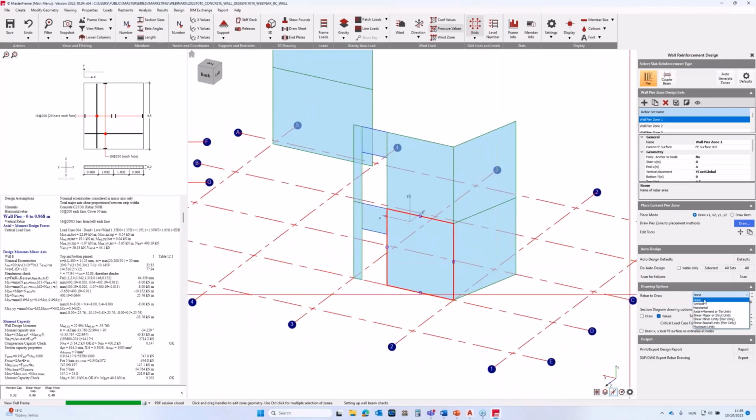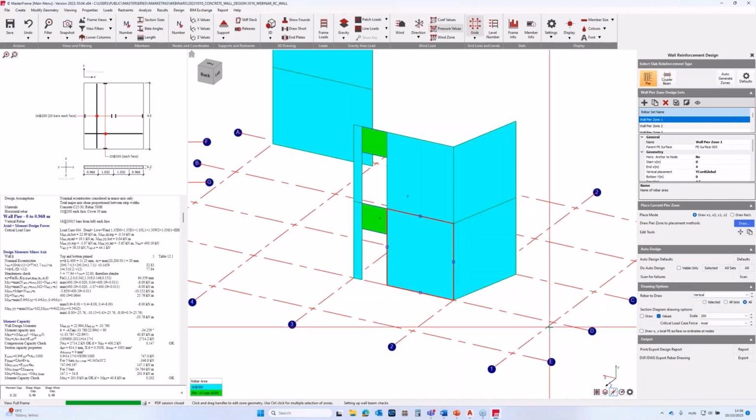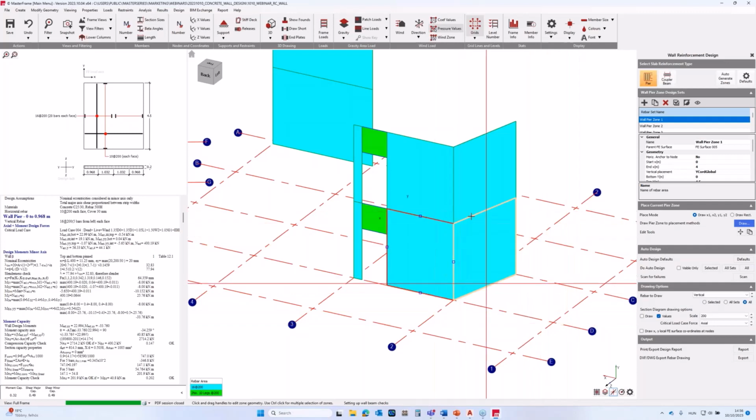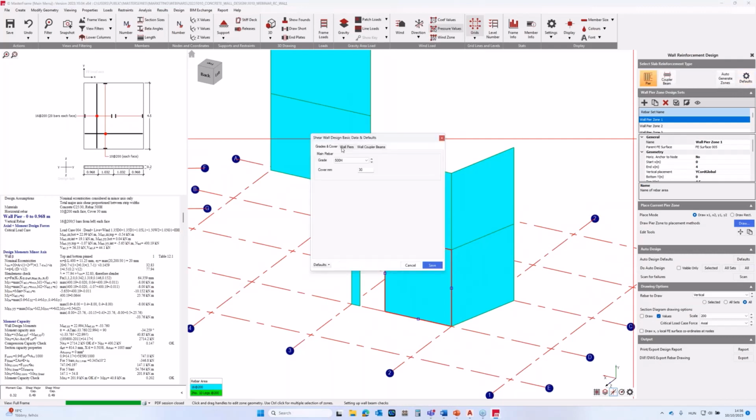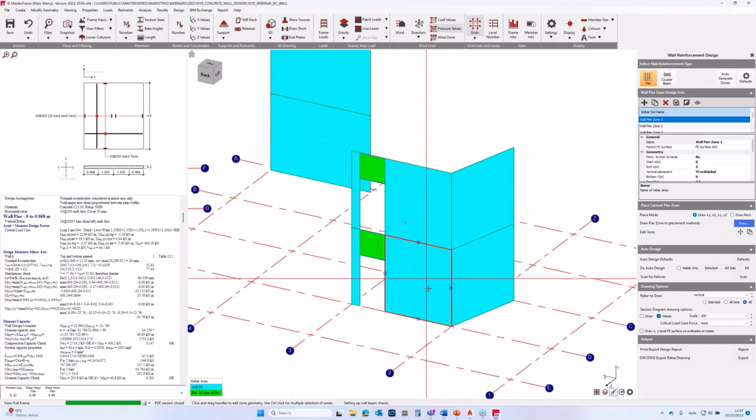So let's draw the reinforcement for all the generated zones. We can see all the zones have the default arrangement of bars that we have specified or accepted in the design default. So 16s at 200 for vertical and 10s at 200 for horizontal. So this is what we can see. This is our vertical reinforcement, 16s at 200 and 10s at 200 for the shear walls,